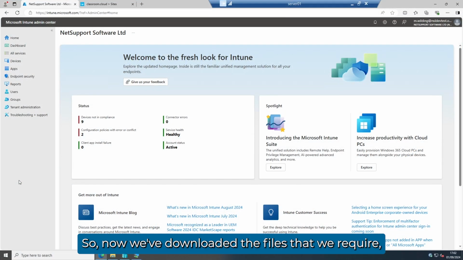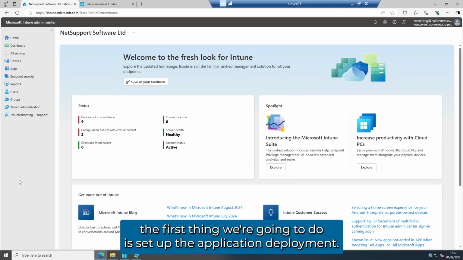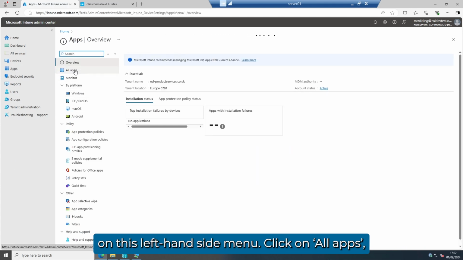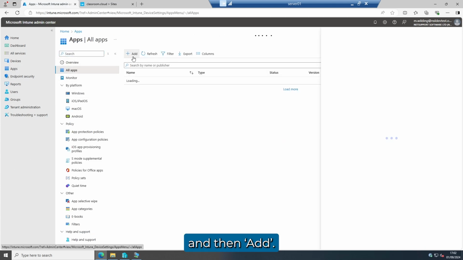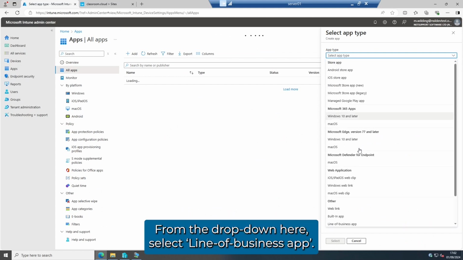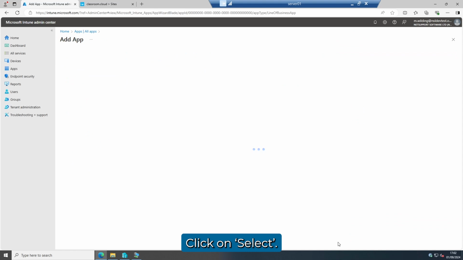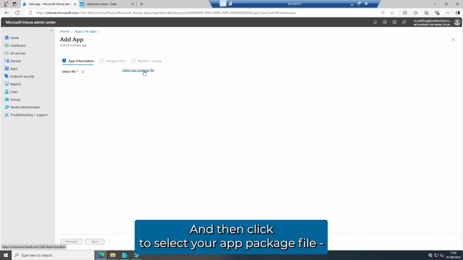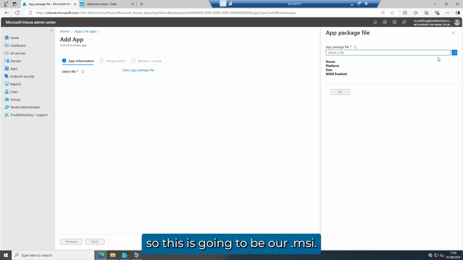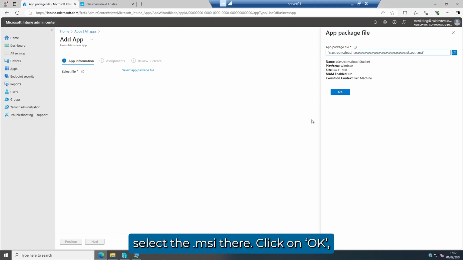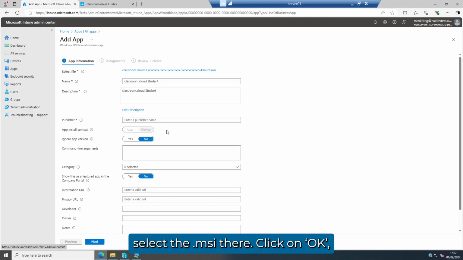So now we've downloaded the files that we require, the first thing we're going to do is set up the application deployment. To do that, you're going to want to click on Apps on this left-hand side menu, click on All Apps, and then Add. From the drop-down here, select Line of Business App, click on Select, and then click to select your app package file. So this is going to be the MSI. We open up File Explorer and select the MSI there, click on OK,